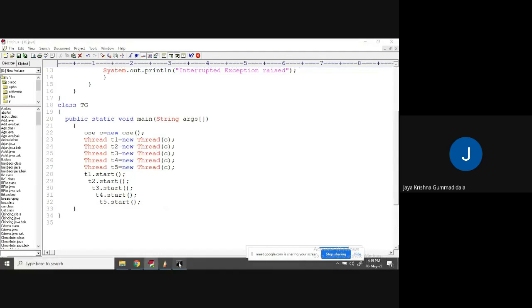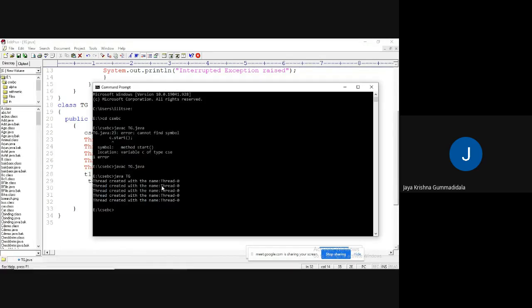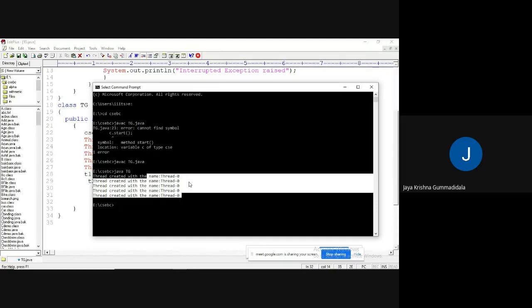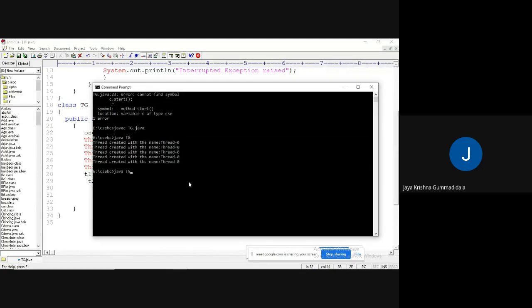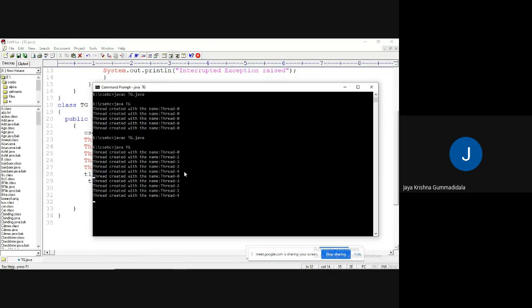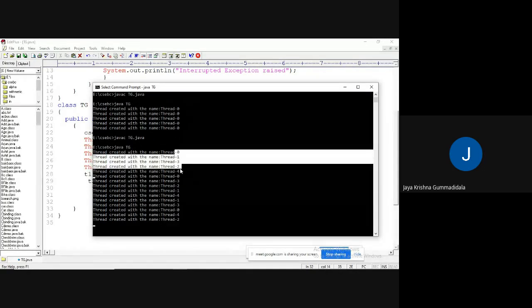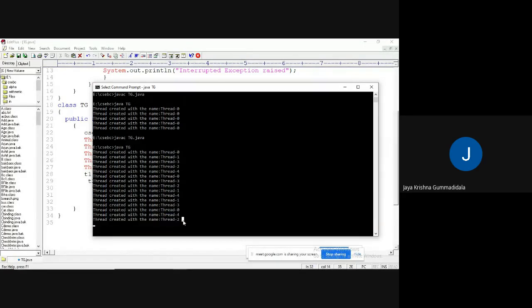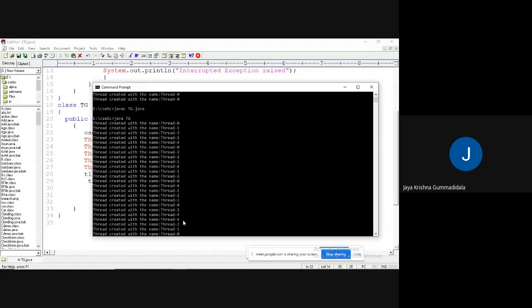Now, what is the output you can get, guys? Will you get the output like thread 0, thread 0, thread 0, thread 0, and thread 1, thread 1, thread 1, thread 1, and so on? Or will you get the output in a different way? See, observe. You will get the output in a zigzag, non-sequence manner. Observe. Thread 0, 1, 3, 2, 4. 0, 3, 2, 1, 4. 1, 3, 0, 4, 2. Like this, you will get 5 times. Yes. Like this, you are going to get the answer.